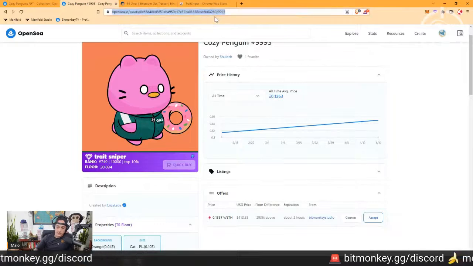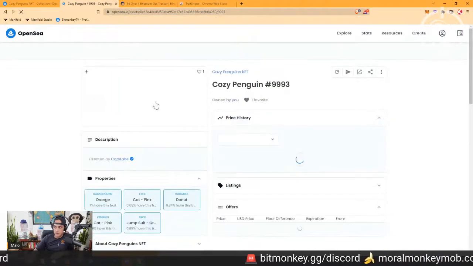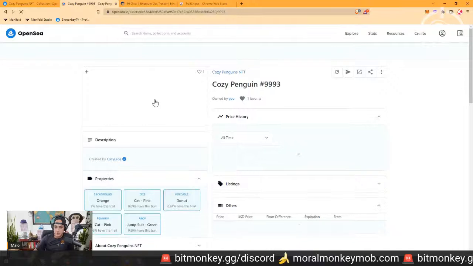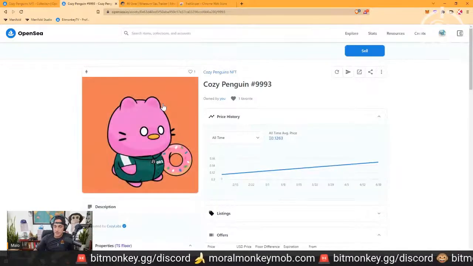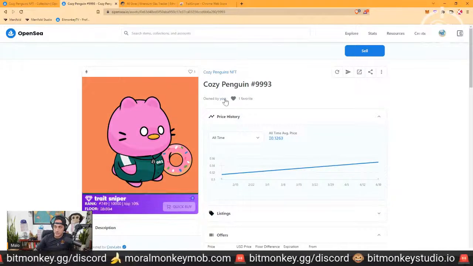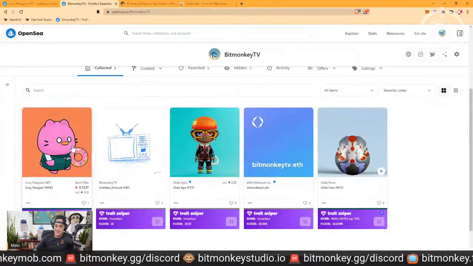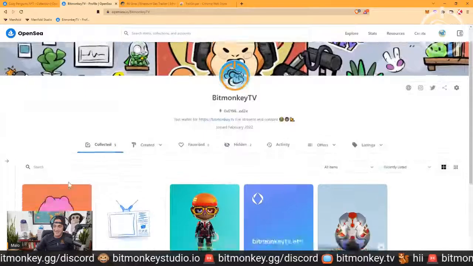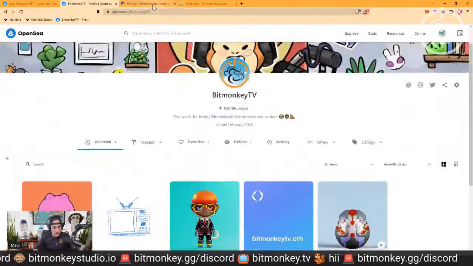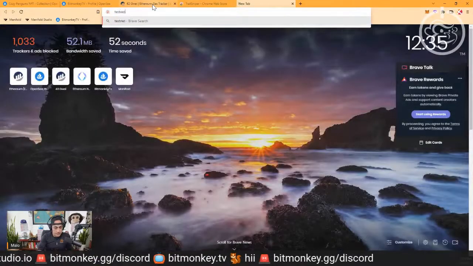And you can see it was delisted. It just hasn't refreshed because we got broken sea half the time. You know, OpenSea, kudos. I haven't seen any downtime recently. So we now got this Cozy Penguin. How about that? I love it. Now, for anybody curious what we're going to play on,